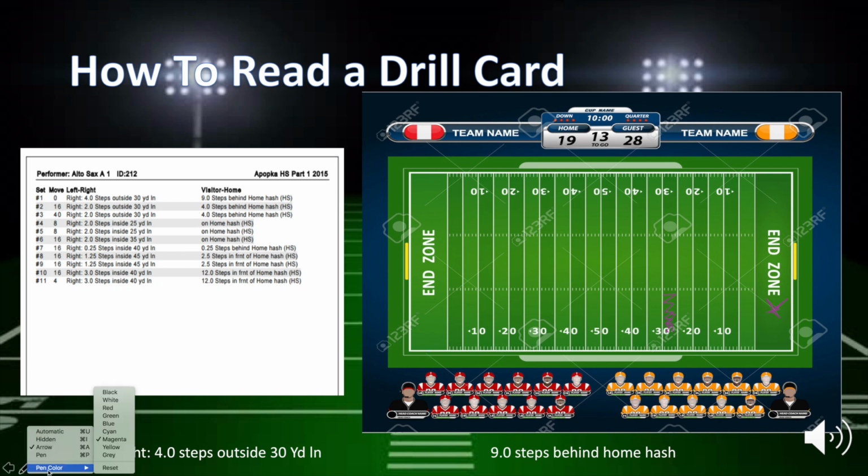Right? And then lastly, what you're going to want to do is see how many steps outside you are. And in our case, it's 4.0 steps. So you're just going to go to the 30-yard line right here, and then you're going to count off 4 steps in that direction. Awesome. So after you have determined that you're roughly 4 steps in that direction, you're going to want to look